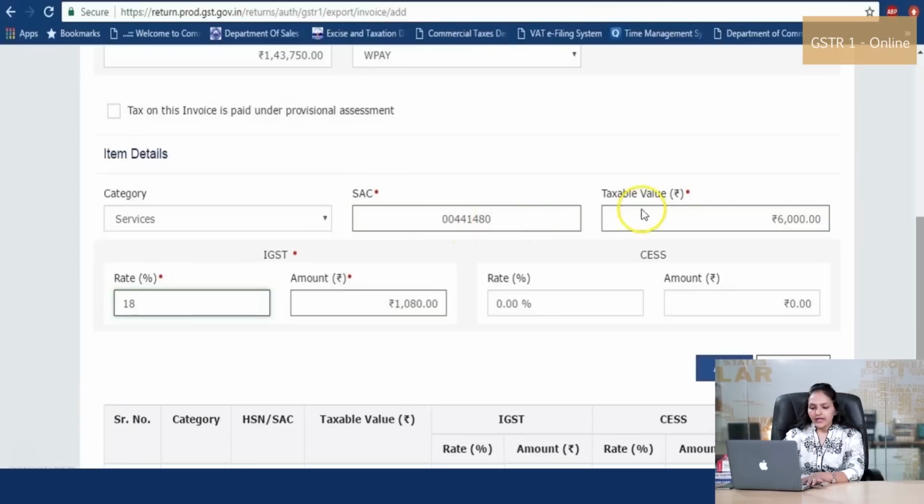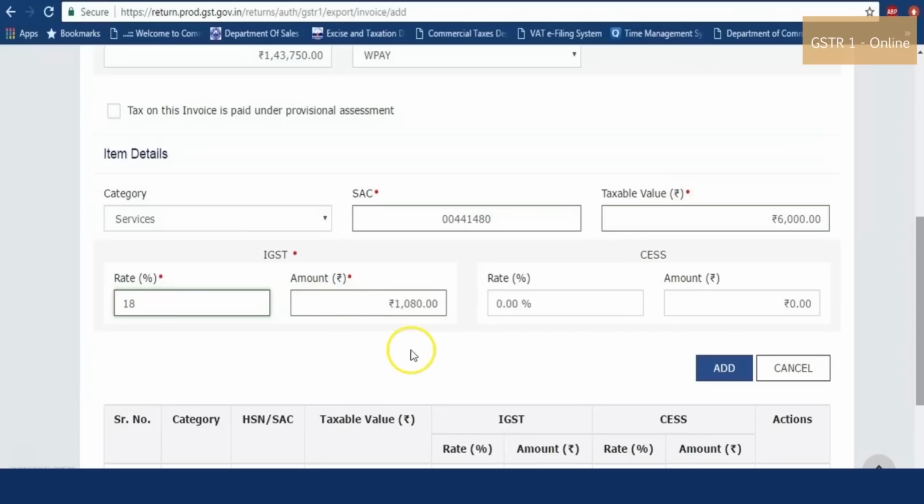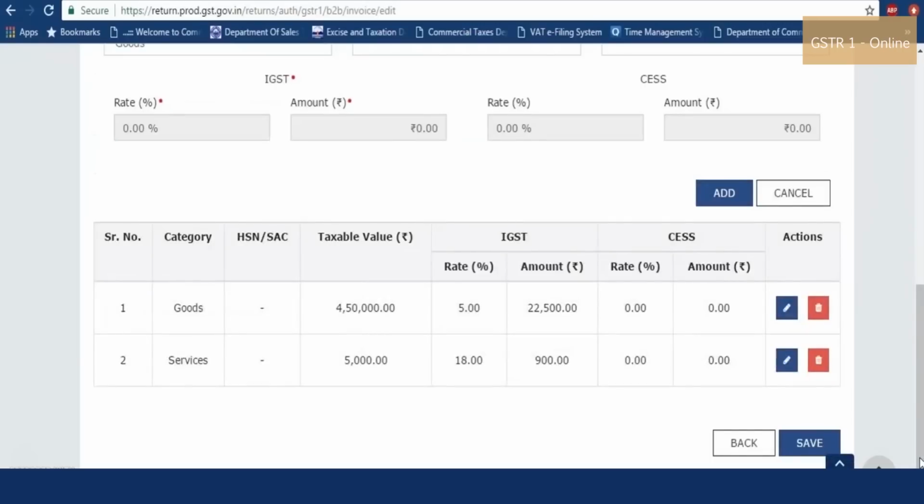The user has to enter the taxable value of the service provided and the applicable IGST tax rate. In my example, I have taken the taxable value as 6,000 and rate of tax as 18%. A user can enter multiple line items against a single invoice number. After the user has finished entering the item details, click on the Save button to save the details of the